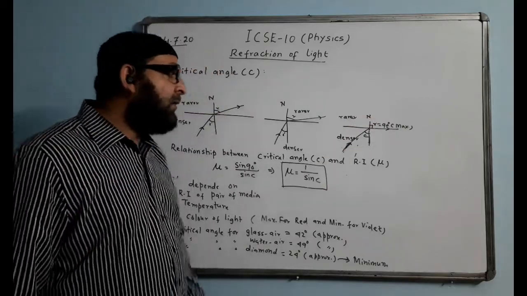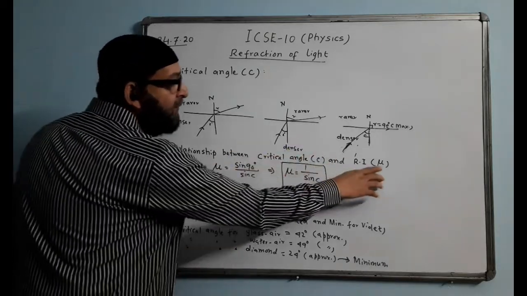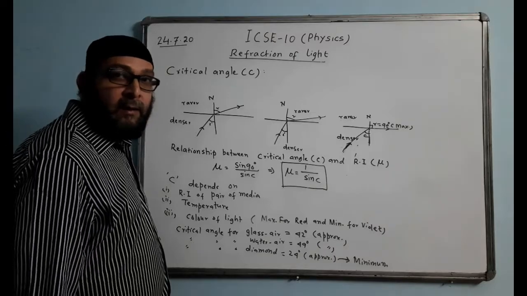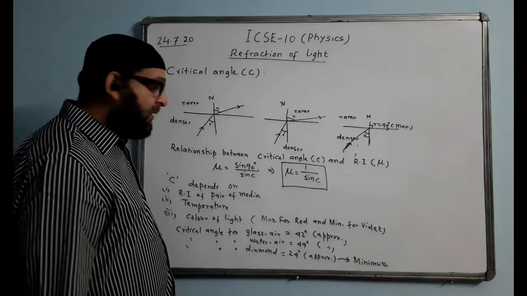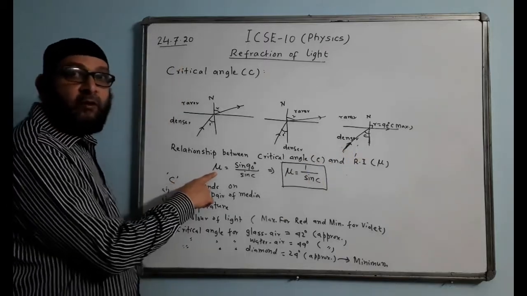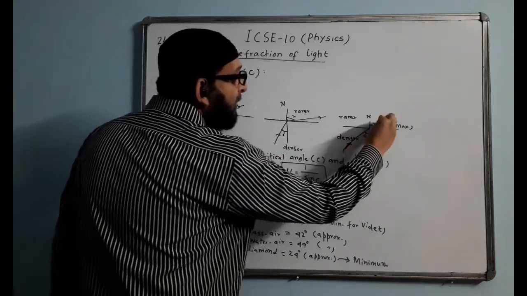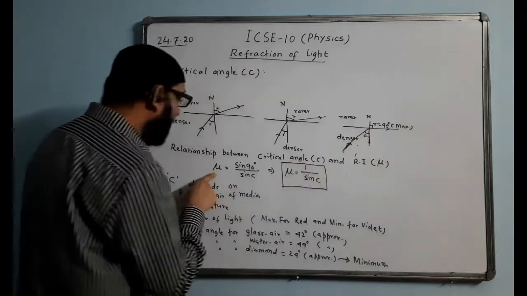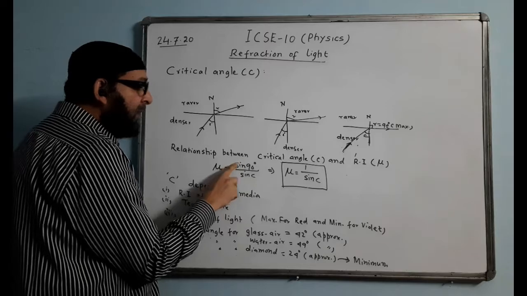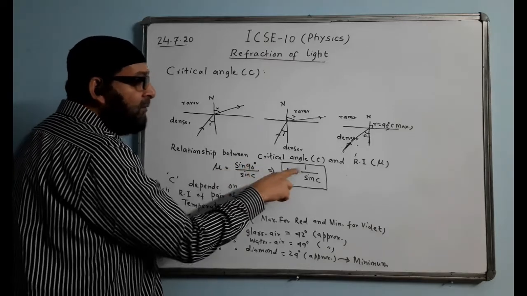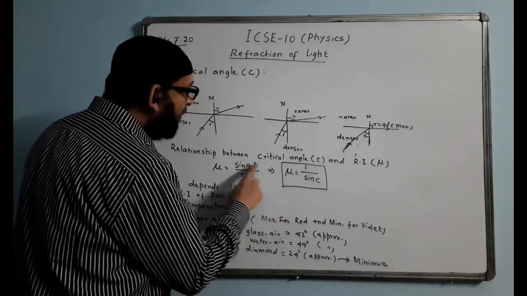Now critical angle depends on what factors? The main factor is the refractive index of the pair of the two media. We'll find a relationship between critical angle and the refractive index. We know the formula from Snell's law, mu is equal to sin I by sin R, the normal formula. So let us follow this diagram. Sin of the rarer angle by the denser angle. This is the formula of mu. Rarer angle is 90 and denser angle is C. So I will be writing sin 90 degree by sin C. Sin 90 degree value is 1 according to trigonometry. So we have the relation: mu is equal to 1 upon sin C.